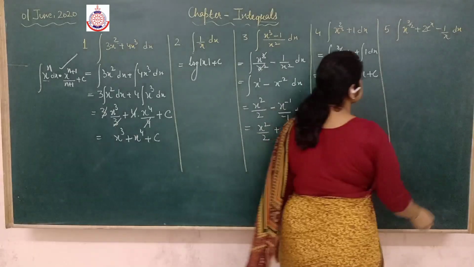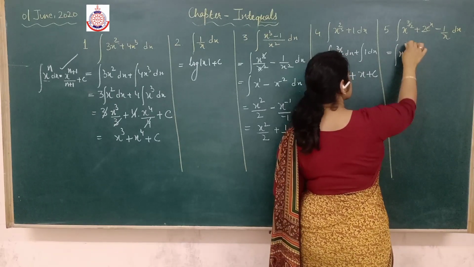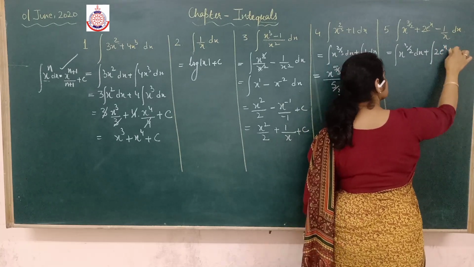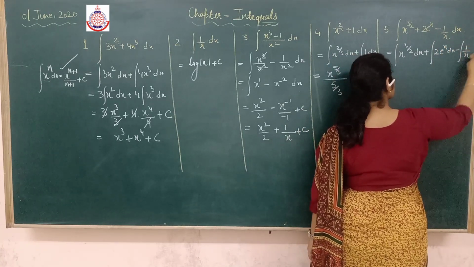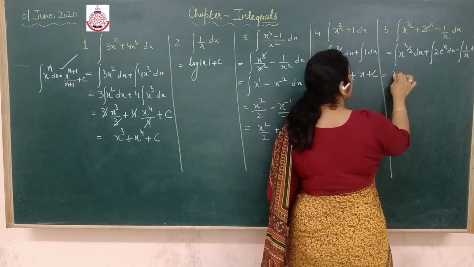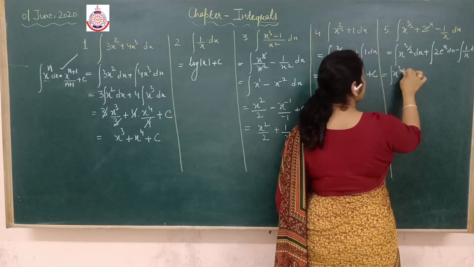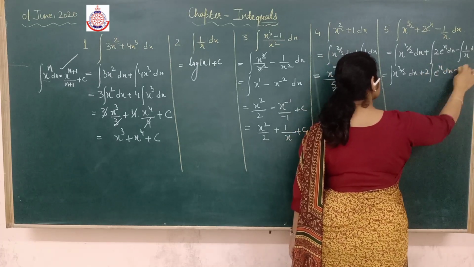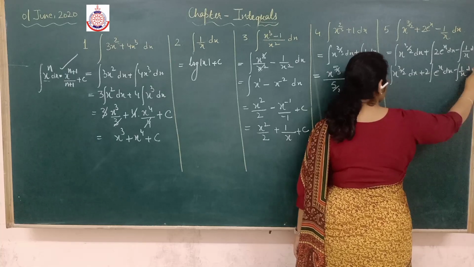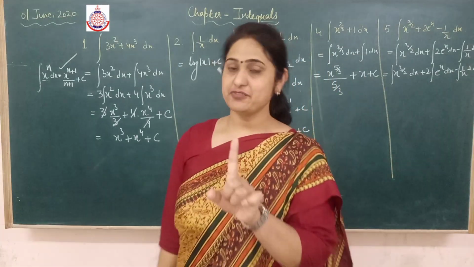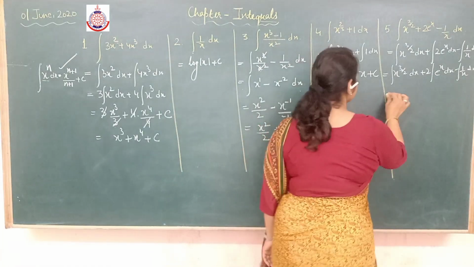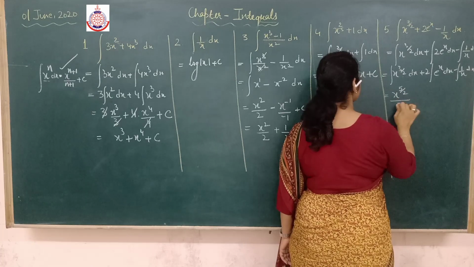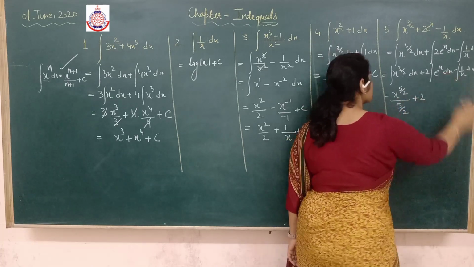Alright, let's check the next one. I can split here. I can take this coefficient 2 outside. Property we have done. Now all have come to the proper forms. Now we have the formula for everything. Okay? We will integrate it. Increase the power by 1, 3 by 2 plus 1, it will be 5 by 2 divided by 5 by 2. What is the integration of e^x?